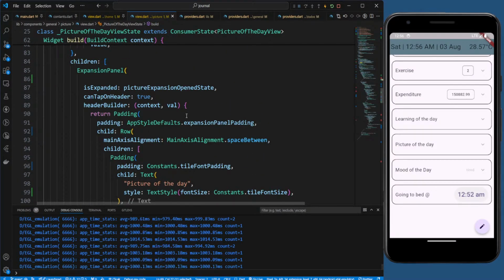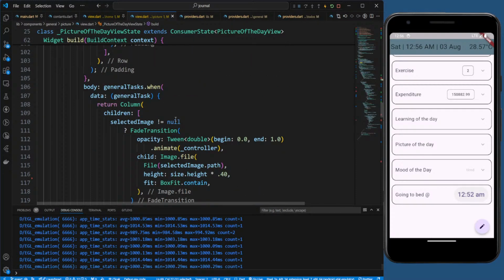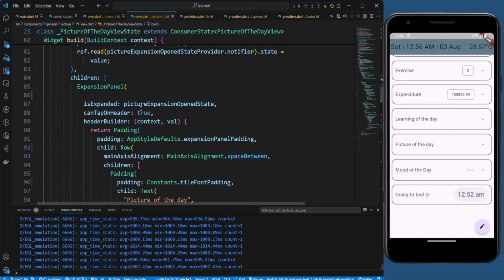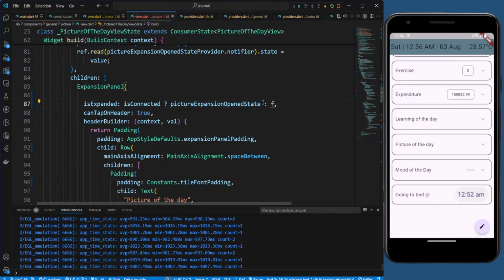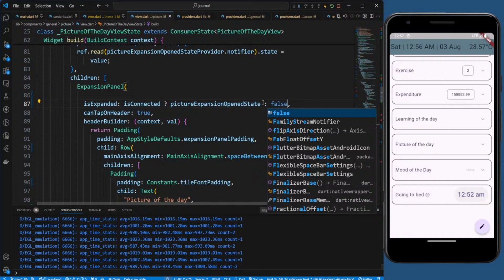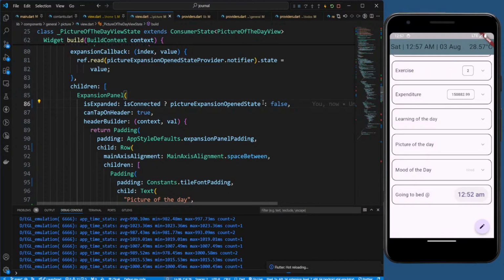So here, where did it go? Expansion panel. This one. We change the state, but we'll look for is connected. If it's connected, then it depends on whether you clicked or not, or else it's just false. Okay. Now if you do this,